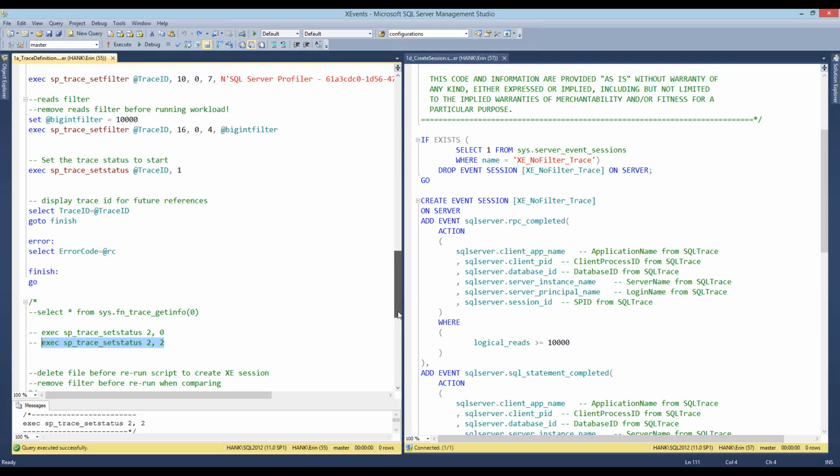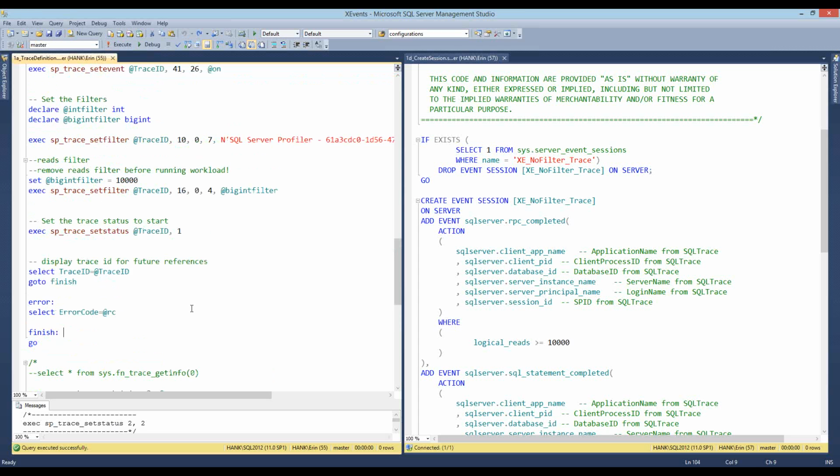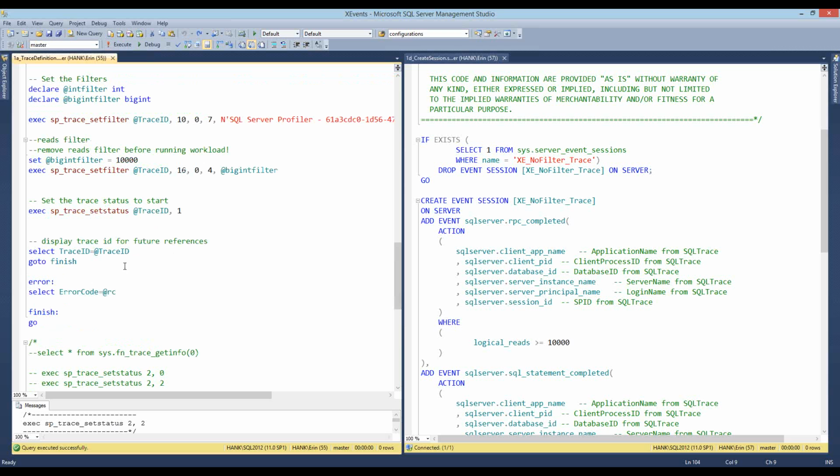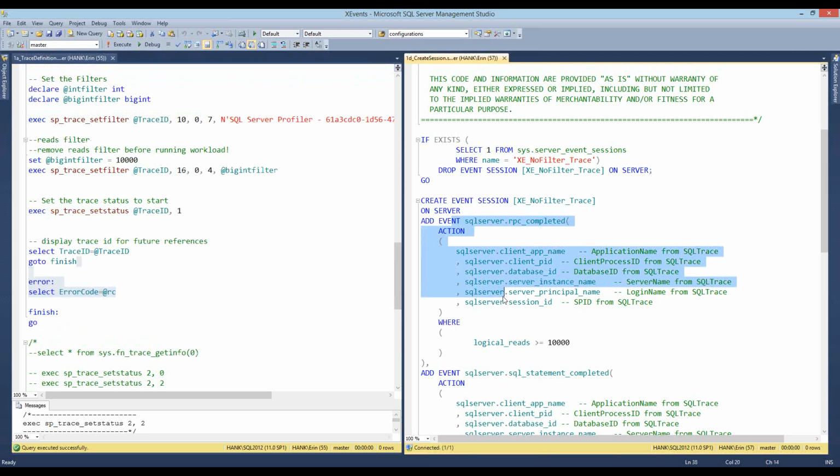Okay, perfect. All right, so what I did is I stopped the trace that was running and I deleted the file. And what I'm going to do is I'm now going to run my trace at the same time as I run my extended event session. And I want to take my filter off for this case because on a demo it's not always easy to generate more than 10,000 reads. So we're just going to exclude this filter.